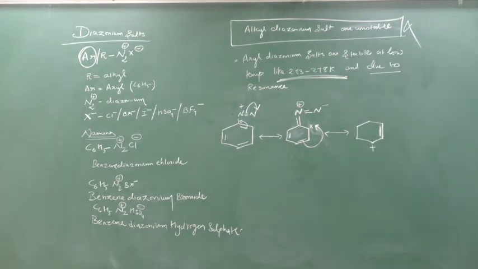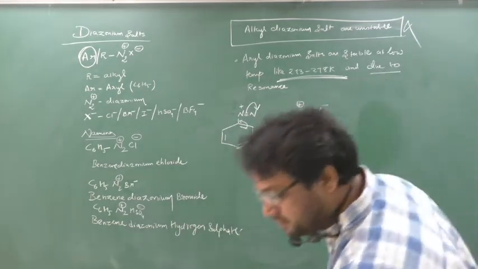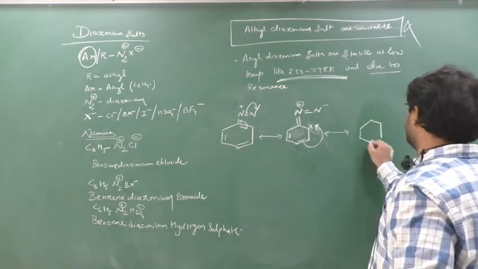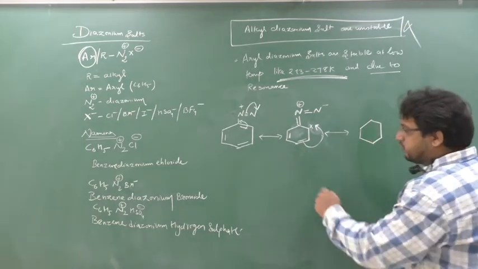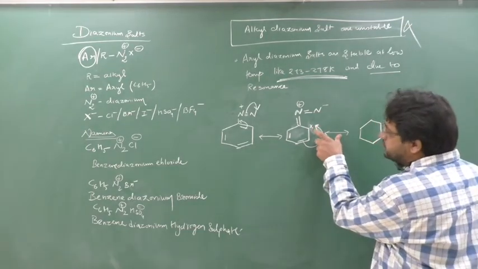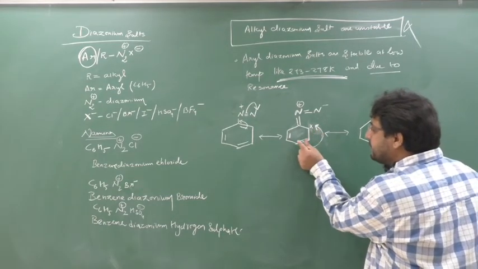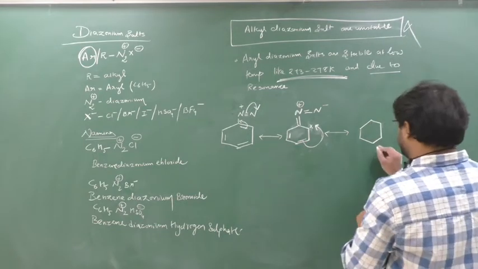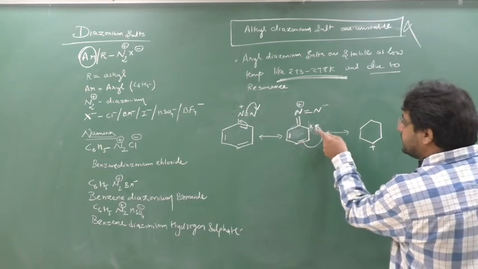Double bond. Yes or no? See, this bond is broken. I will go very slow because this is important. This bond is broken, so this carbon is giving the electron. Why, sir? This is in need of electron because a plus charge is there. So this plus is satisfied by this pi electron. This pi electron will come here. So this carbon is giving its electron, creates positive charge, and this pi electron is coming to satisfy this plus.